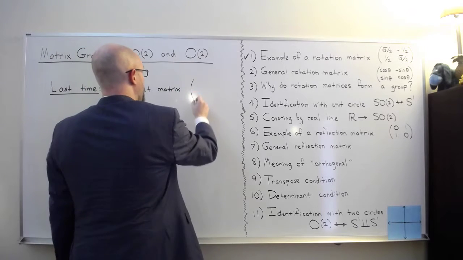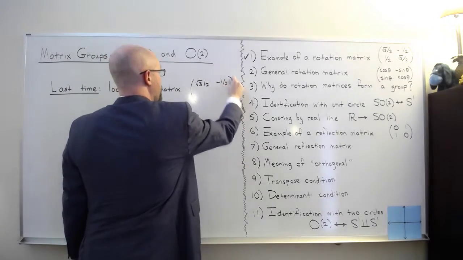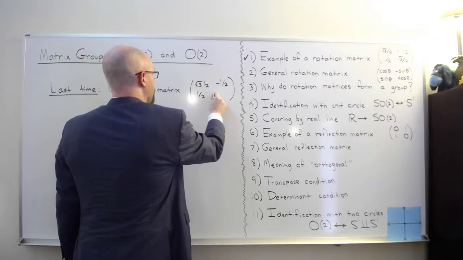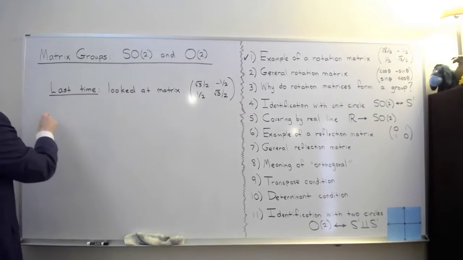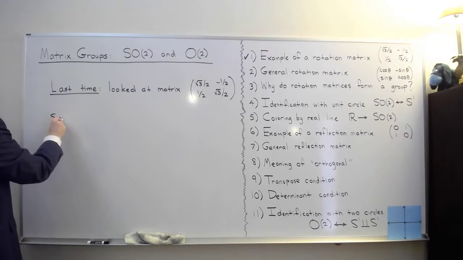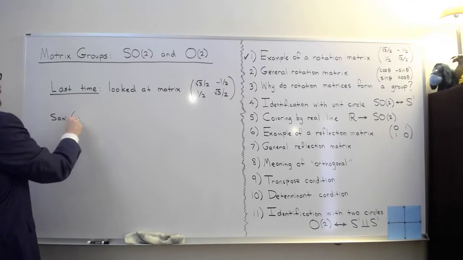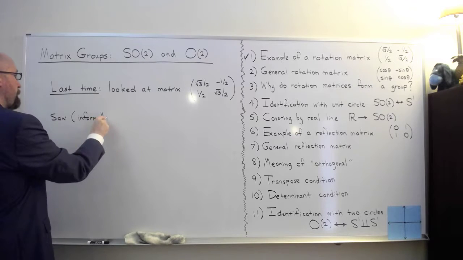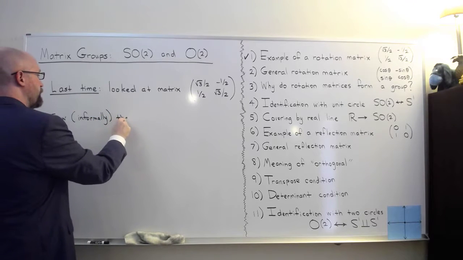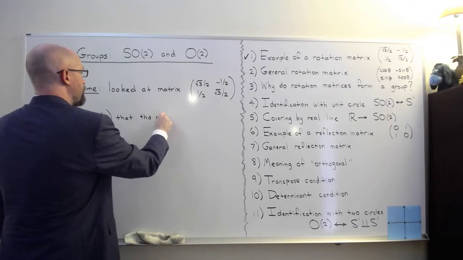And it's that one over there, square root of 3 over 2, minus 1/2, square root of 3 over 2. And we saw that this, well, I say we saw, I didn't prove it, but we saw informally that this matrix